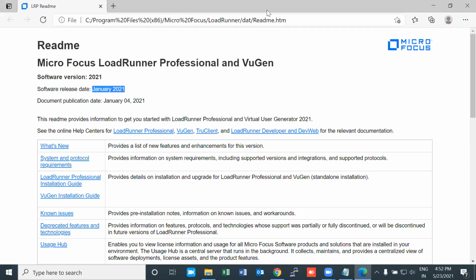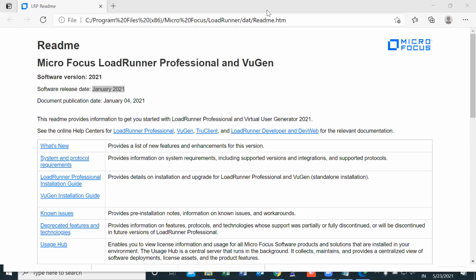You have a couple of links here. What is new provides a list of new features and enhancements for this version. The readme file gives you all the information about the latest version.